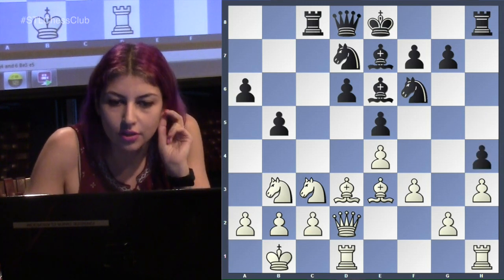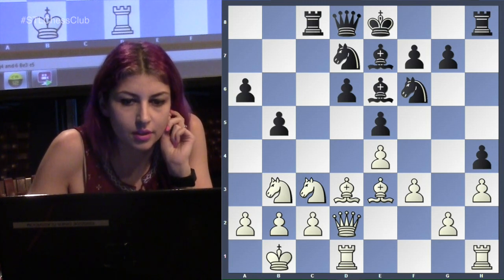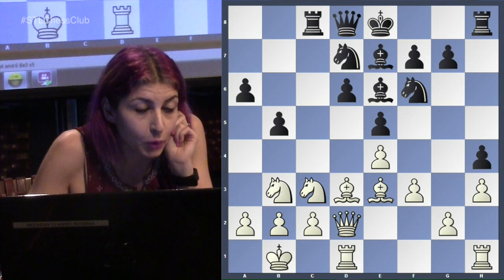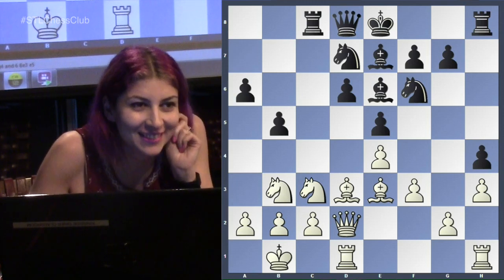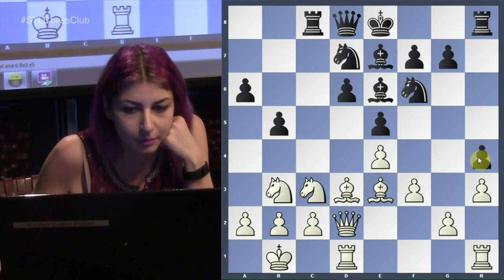So now the position has changed, and it's very important to keep up with the changes. Now the king is in the center, so where should white play? Right, so white has to play in the center, because with the way that black committed